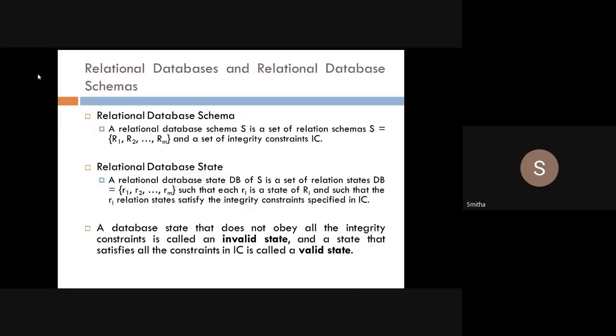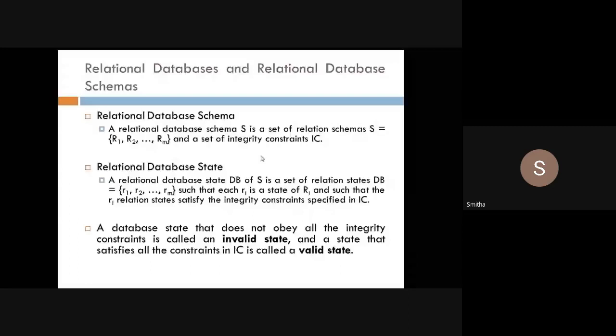Okay, students. So, the set of integrity constraints means what? Integrity constraint is nothing but when I have more than one table for a particular entity, then we need to integrate them because they are related to that particular entity. As I just told, in a student database I can have more than one table. One will keep track of their academics, one will keep track of their fees related things, one will keep track of their achievements, like that I can have many tables. Now I need to integrate that because it is related to one person or one student, right? So that is nothing but integrity constraint.